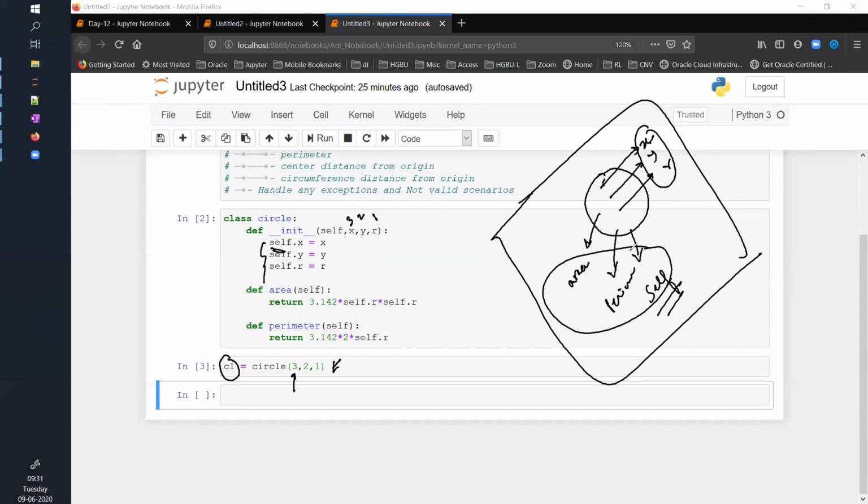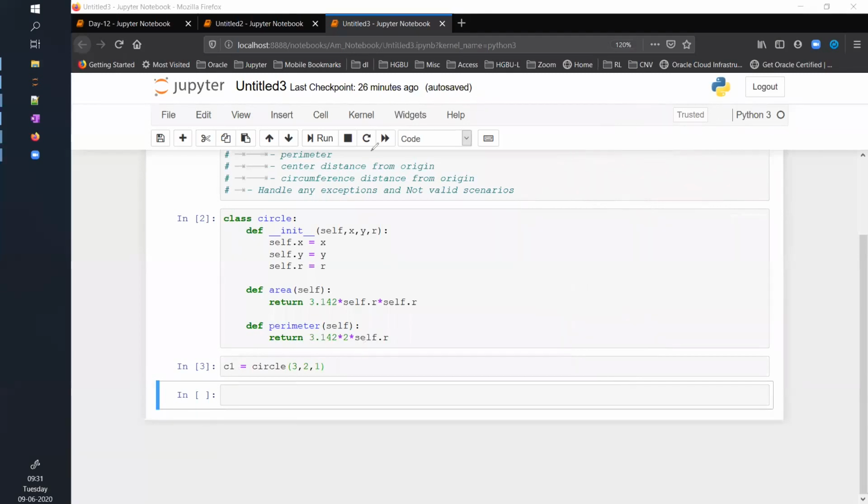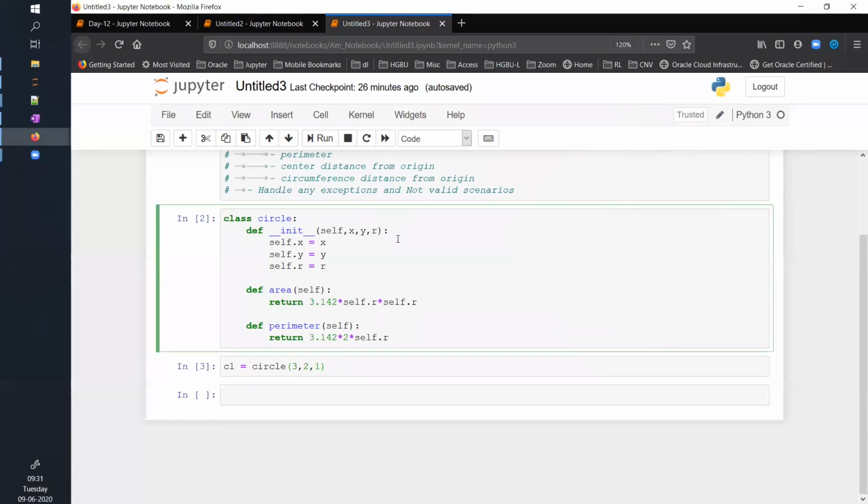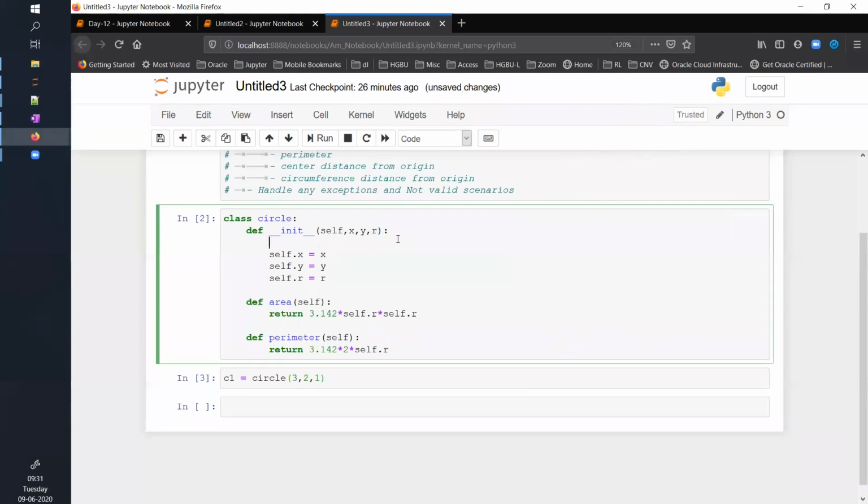Yes, sir. Okay, now let's add print statements. Let me explain again. What I'm saying is, let me add some print statements here to make it more clear for you.